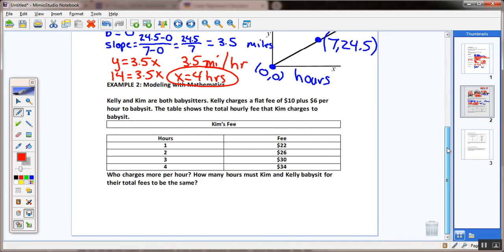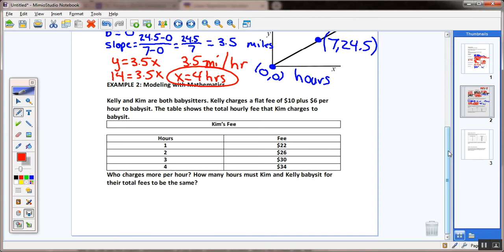Let's get a little more complicated here. Modeling with mathematics. Kelly and Kim are both babysitters. Kelly charges a flat fee of what? You drop your kid off, no matter what. Right when you drop it off, you've already paid how much money? $10. This is like how much you start with. Plus what, guys? $6 per